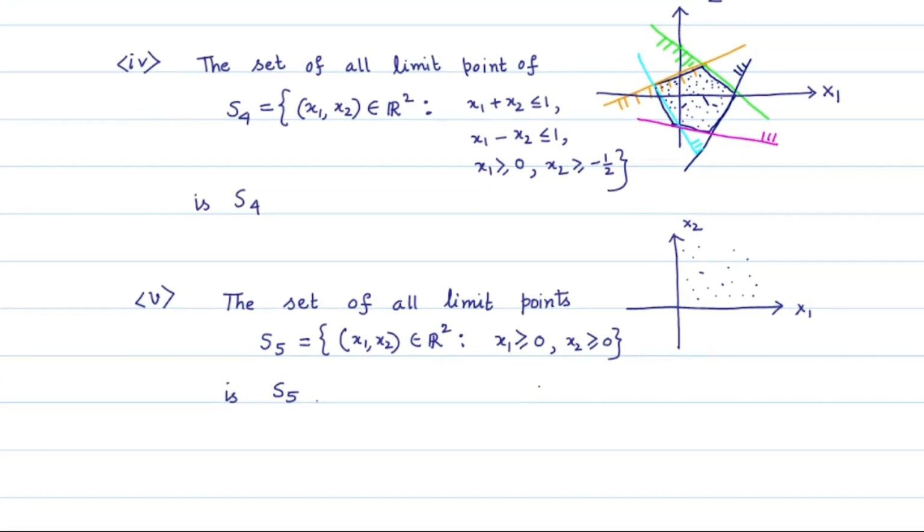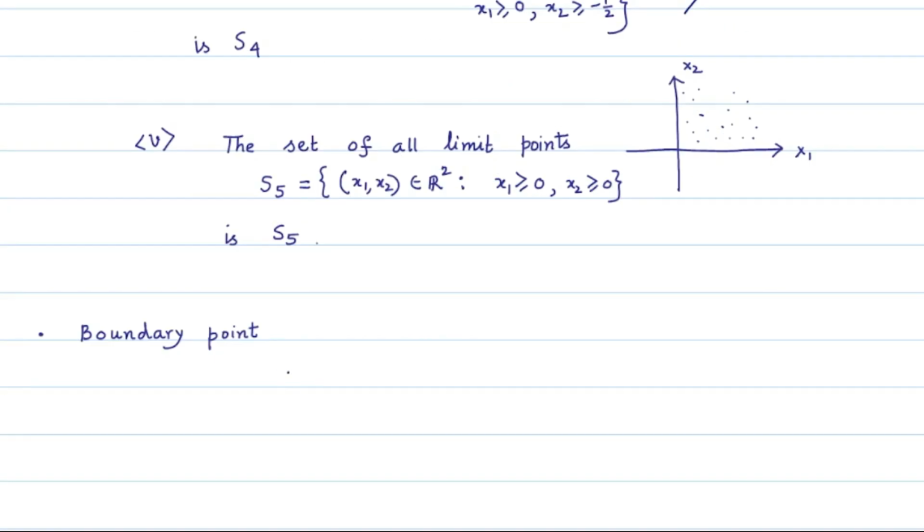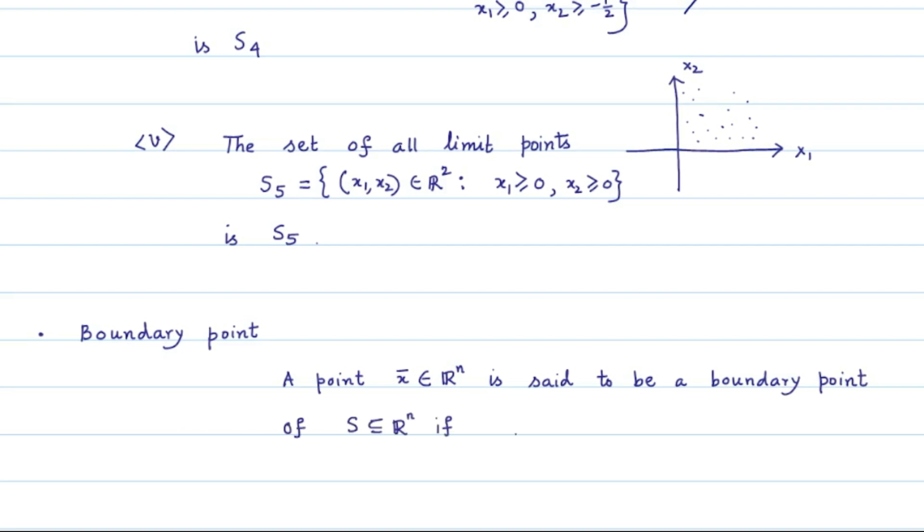Mathematically, by a boundary point, we mean the following: a point, say x bar in Rn, is said to be a boundary point of a subset of Rn, say capital S, if any open ball centering at x bar of any radius contains at least one point of capital S and contains at least one point outside the set capital S. That is, for any delta greater than 0, the intersection of this delta radius open ball with S is non-empty, and this delta radius open ball centering at x bar has non-empty intersection with the complement of the set